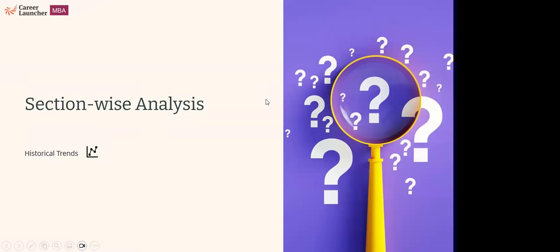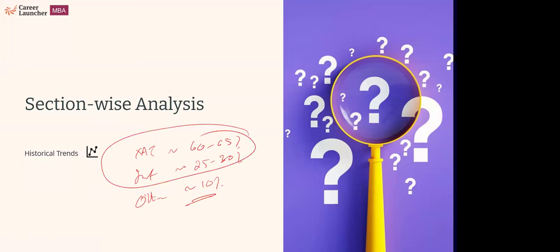How much do 12th scores matter in XLRI Jamshedpur selection? They don't matter much. As far as XLRI Jamshedpur is concerned, typically the weightage for the XAT score is about 60 to 65%. The interview process has typically about 25 to 30% weightage, and about 10% weightage is for other factors. This will include your marks in 10th, 12th, your work experience, gender, etc. Everything will be taken care of. Between these two, it is typically 90 to 95% weightage.